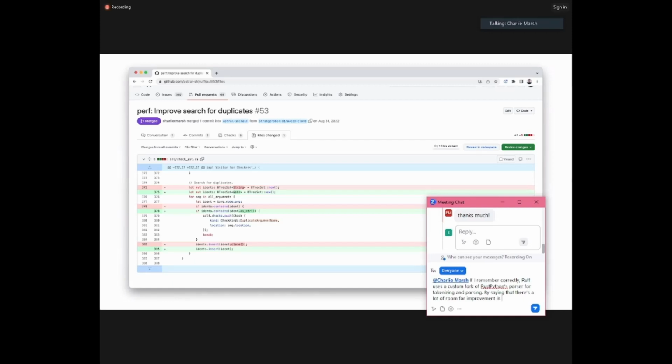This person came in and submitted a pull request that improved the performance of this check quite significantly. And the way that they're doing it is that they're avoiding these extra allocations by going from an owned string to a string slice reference. And this change, I'm going to talk about that specific change in more detail, but this